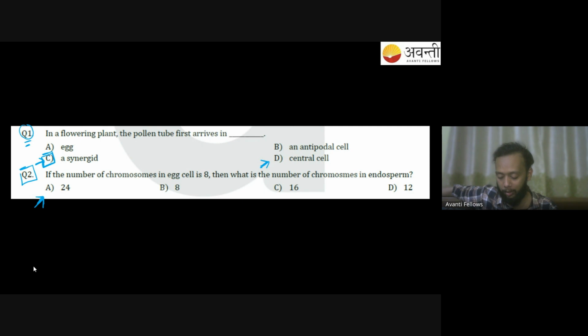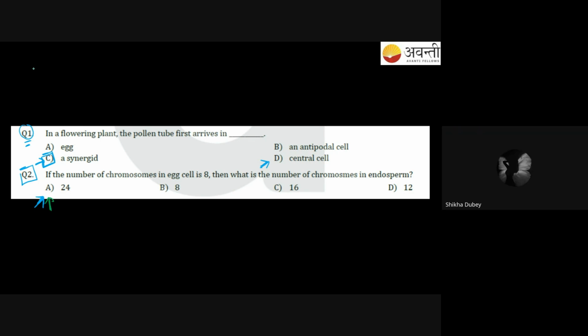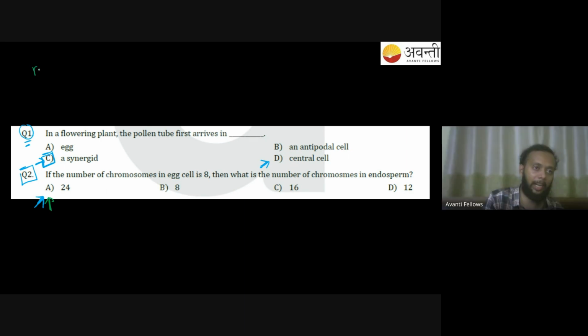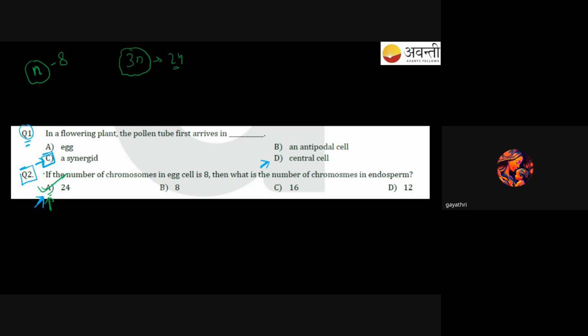ठीक है अब आपको सर एक्सप्लेन करना पड़ेगा। बोलो बोलो। ऑप्शन ए। ऑप्शन है कैसा है, ऑप्शन है बताना। सर एग सेल जो है 8 है और जो स्ट्रक्चर बनेगा एंडोस्पर्म का वो 3N होगा, हाँ तो फिर 24। राइट, सही बात है। आपका एग यहाँ पे है हैप्लॉइड एग दैट्स गोइंग टू बी हैविंग 8 क्रोमोसोम्स। और आप जानते हो कि आपका एंडोस्पर्म हमेशा 3N होता है। सो 8 + 8 + 8 एंड दैट मेक्स इट 24 क्रोमोसोम्स।